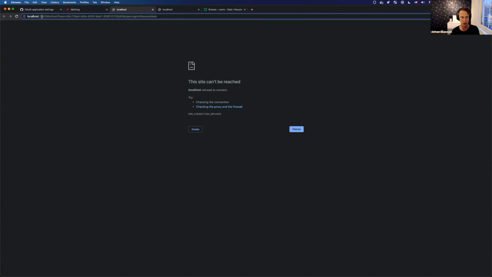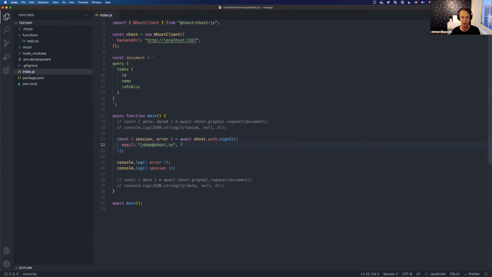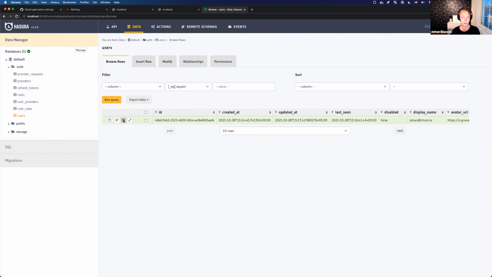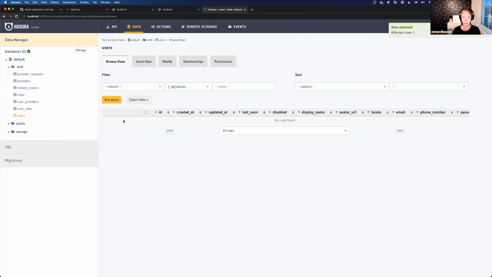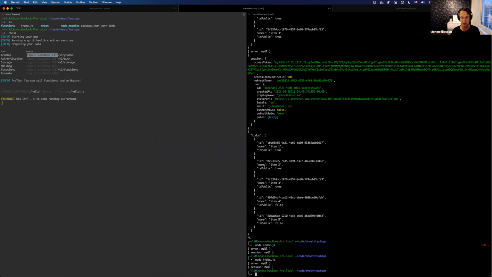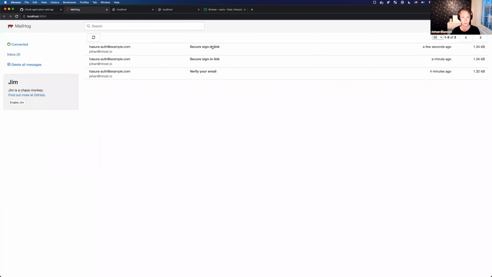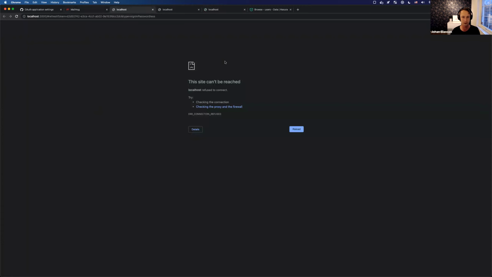I don't have a front-end application running, but you can see localhost 3000, and I have a refresh token, so I would get automatically signed in here if I had a front-end application. So using passwordless or magic link is these three lines of code, and this works. If there's no user already, the user will be created, and if there is already a user, it will use that user. So if I do the same, it will be the same experience. Basically, it will create the user now, and I will have a new sign-in link that I can log in with. Okay, so that's email, password, and magic link.